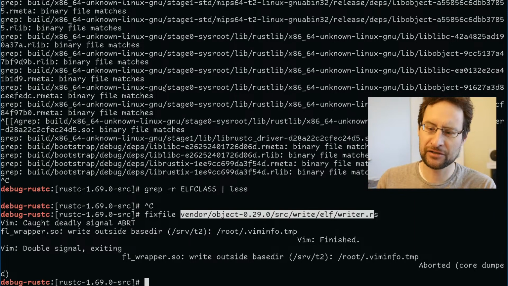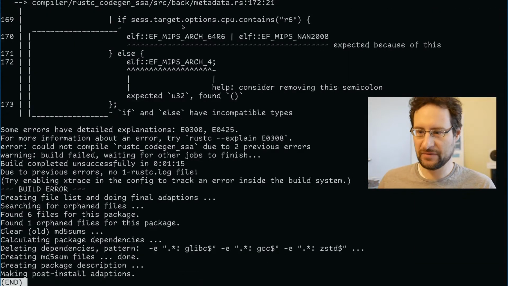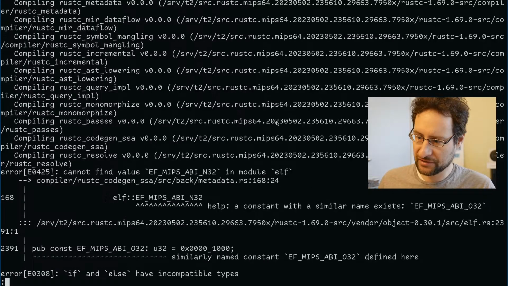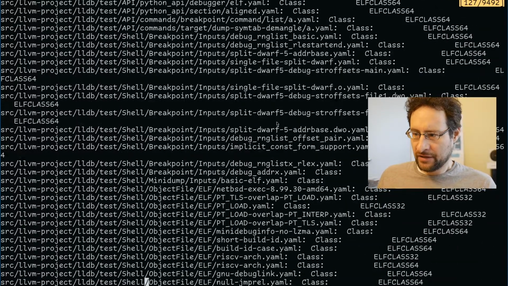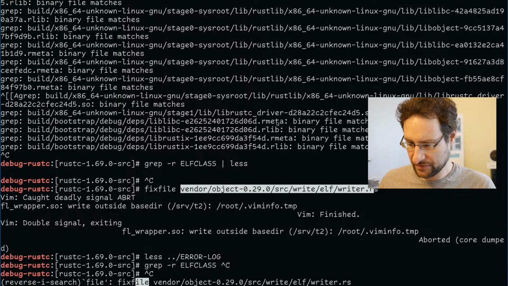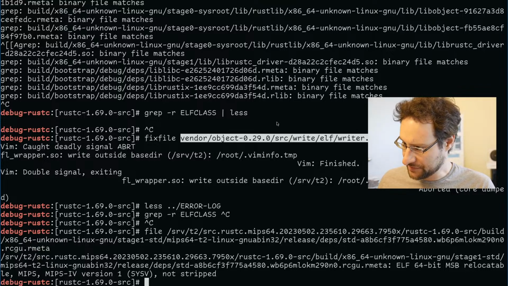And yesterday I struggled to find out what is going on with Rust for MIPS64 not being able to link, because some of those files were 64-bit stuff.